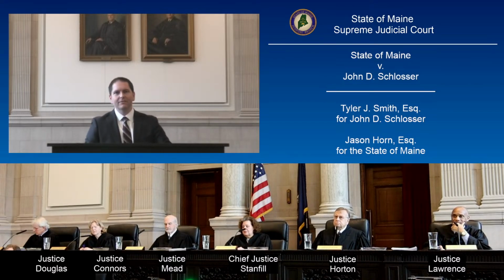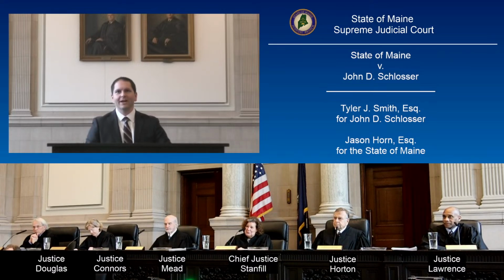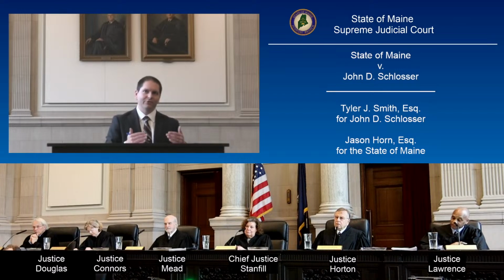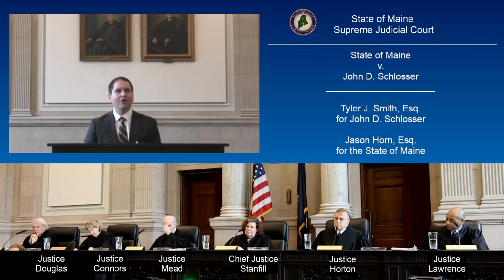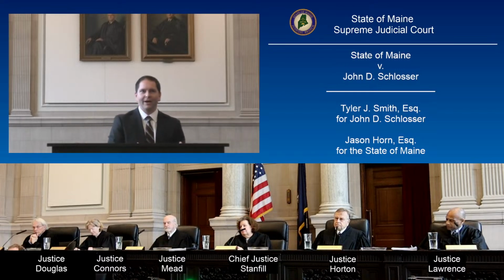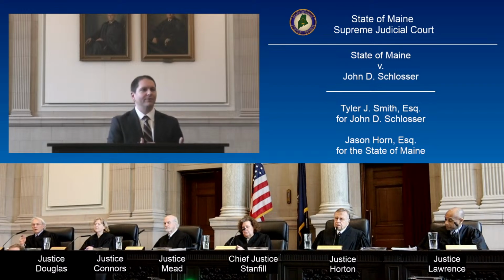And your dilemma in this case is that we also permit an instruction on possession would have been permitted had the state agreed to it. It would have. As they did on count 2. Exactly, as in count 2. So the court could have given one had it chosen to. Which is essentially a safety valve, though, as opposed to a requirement because it's a lesser included. On the discretionary piece of it, yes, but my argument is that it was mandatory in this case because there was no possible way that the jury, following the jury instructions, could find Mr. Schlosser guilty of trafficking without also finding that he had committed the offense of unlawful possession of Schedule